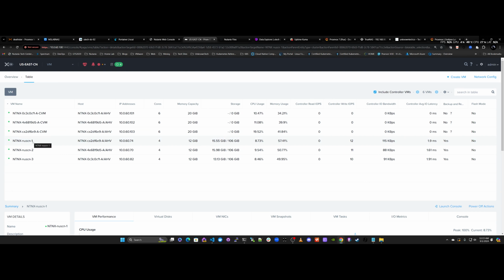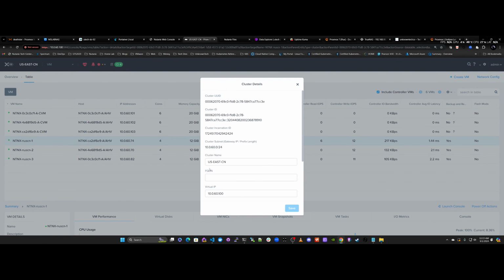But again, this is going to be servicing the read-write-many persistent storage access for my Kubernetes solution. Again, this will be running Files. You can see here the CVMs, 6 and 20. So this will probably increase a little bit too as I look at performance. You can already see the memory utilization being used on all of these, so more than likely these will be scaled up a little bit. So if we go back to the cluster itself,